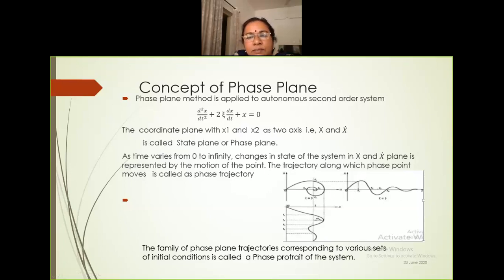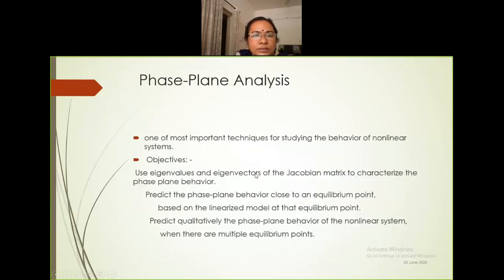Okay, at the time t2, what is happening with x? This value, you can see this value, project it back to the x x dash plane, and the same for the value at t2 of x dash, project it back to the x x dash plane. You will be getting another point at t2. Similarly, as time varies from 0 to infinity, you plot each and every point in the x x dash plane. At t3, what is happening with x? At t3, what is happening with x dash? That point you bring back to the x x dash plane. Then you will be getting a diagram like this. That is the movement of this point. Okay, this is the trajectory. That is what the phase plane is.